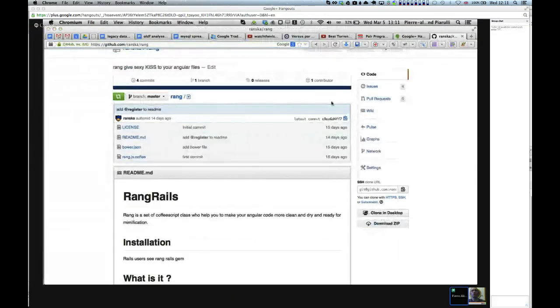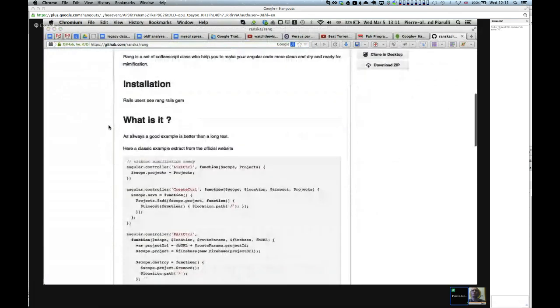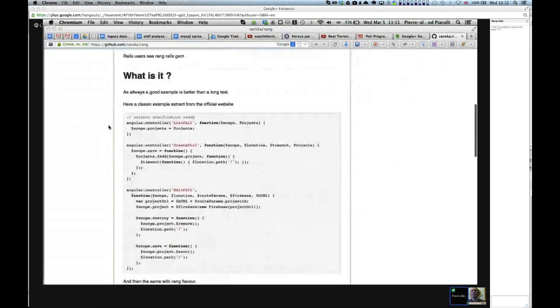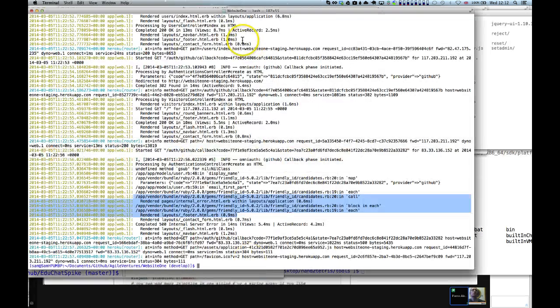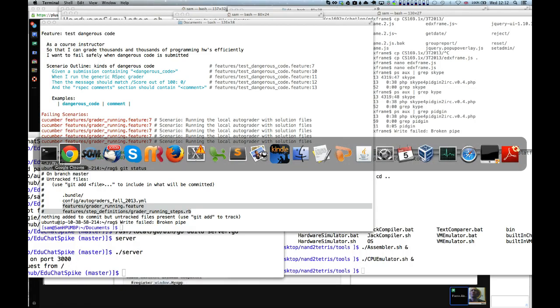Did you see my screen? I do see your screen, yeah. So we're looking at Ransack-A-Rang or something. Yeah, it's Rang. It's a project about AngularJS, written in CoffeeScript. The main idea is when people write CoffeeScript code and write an Angular app, they just translate JavaScript to CoffeeScript, and I think it's a good thing. I love to write CoffeeScript, but there are a lot of good things in CoffeeScript, like classes and other things. So what I have to do